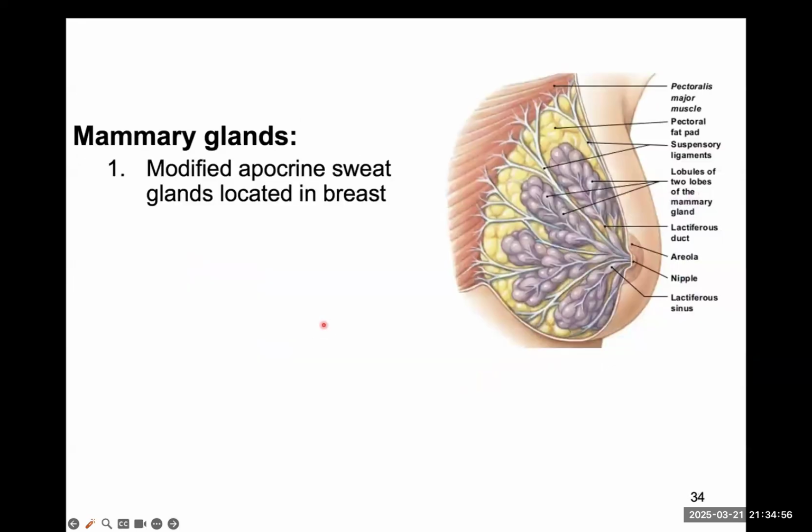All right, so the other glands that we have are the mammary glands, and that's why we're called mammals, because all mammals have mammary glands. So let's pretend that this is DNA, and there is this,